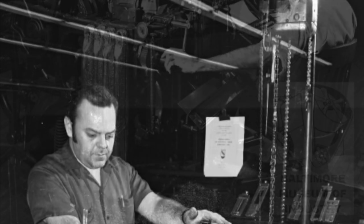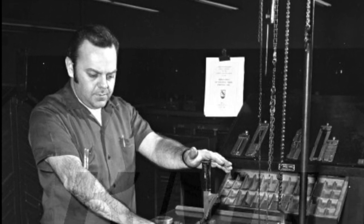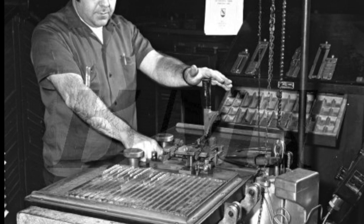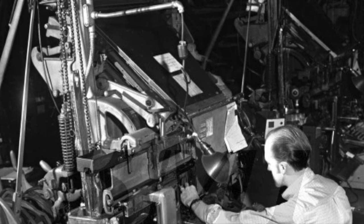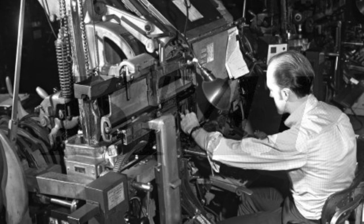So what this machine does, it actually casts type. The working part is around the back. Punched down in there are the actual shapes or molds of the letters. Now, once we have the letters composed, what good's that going to do us in order to make it into type? What we have to do, we have to transfer this group of molds over to the casting part of